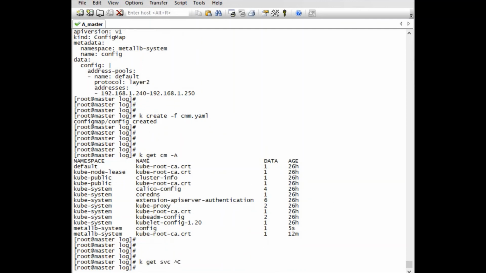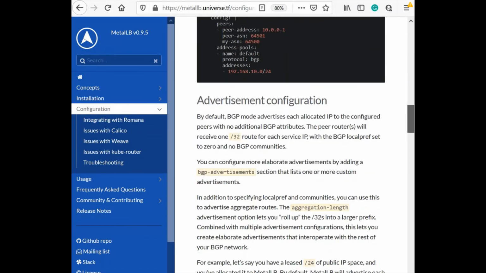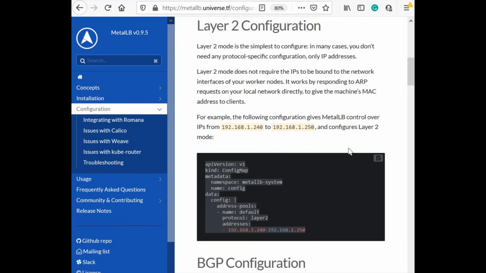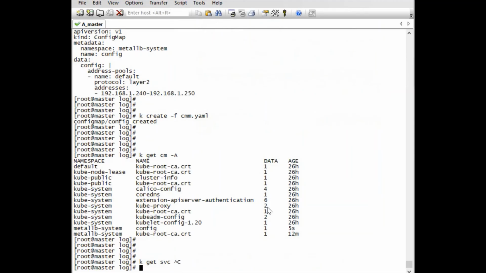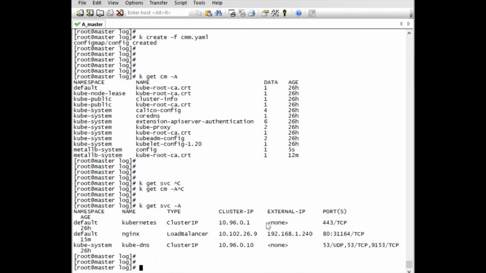Let's see on the site if we have any other steps. BGP configuration we are not using. So the configuration step was one only: we need to define the config map. See, as soon as you define the config map, what was the range of the config map?